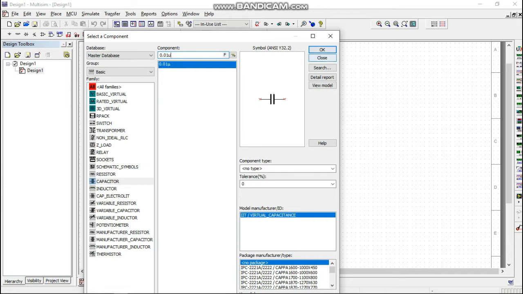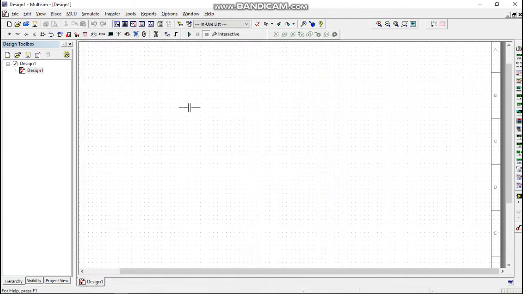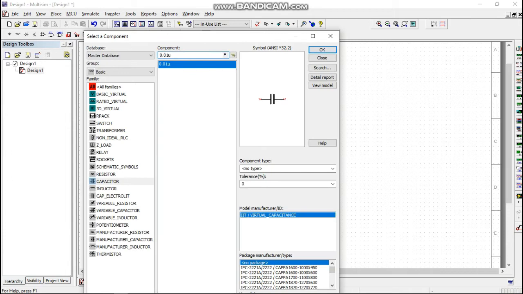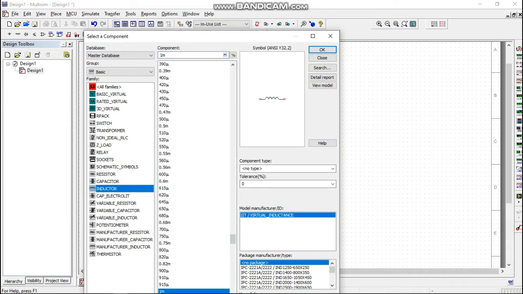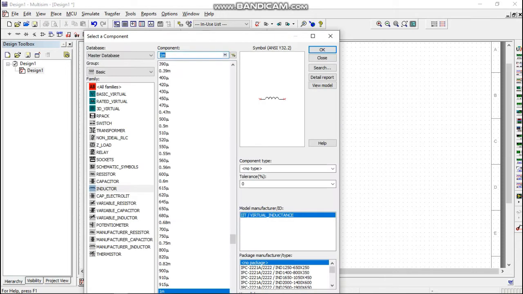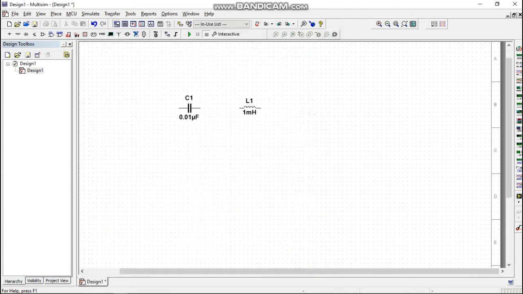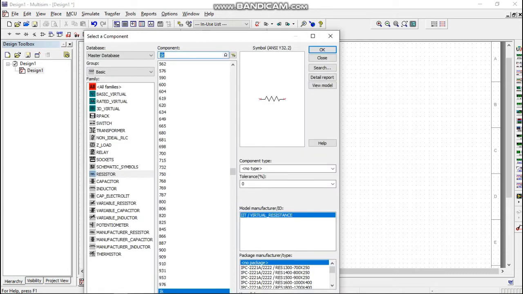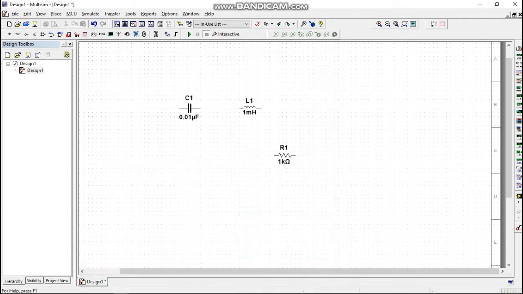Now select an inductor of 0.1 millihenry and a resistor of 1 kilo ohm, and place all these elements on the breadboard for the circuit. Now for the output we want a function generator and an oscilloscope for the completion of the circuit.